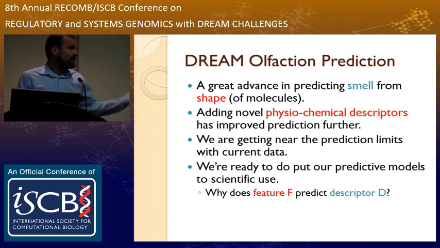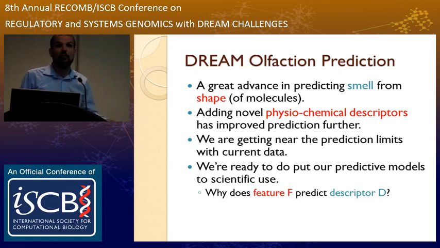So why does feature F predict descriptor D? Molecular weight is an easy one. Things that are low molecular weight are the only things that are volatile, so we can smell them. But why do some of these other descriptors have anything to do with woodiness or valence? Sometimes it's hard to tell. Even someone with a knowledge of chemistry and a knowledge of receptors might not be able to figure it out,